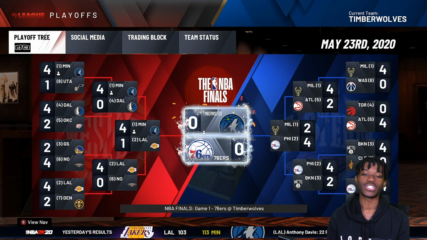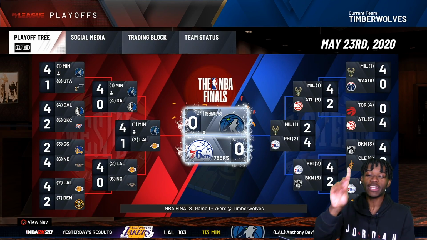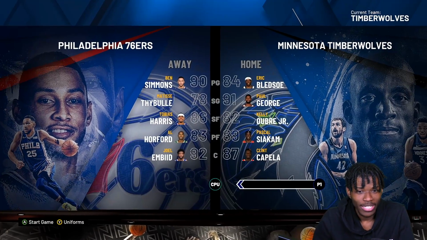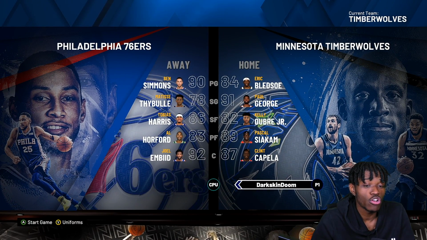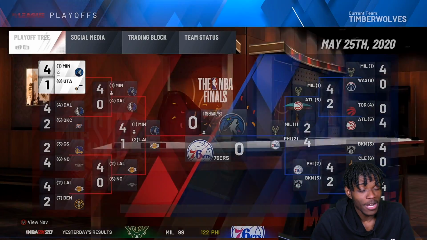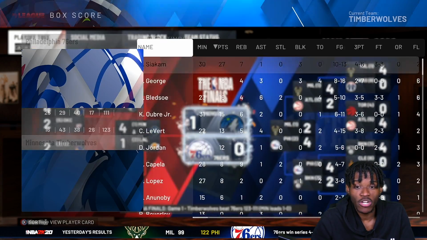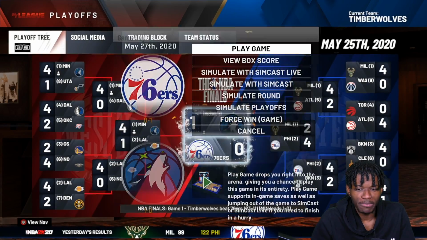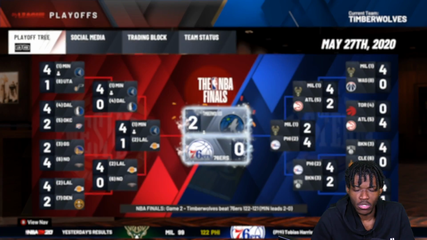And we're headed to the championship to go against the number 1 defensive team in the league. All right, here we go. Did they make any changes? They made Matisse Thybulle their starting shooting guard over Josh Richardson. But other than that, it is the exact same thing. Game 1 is a win. And we put up some decent numbers. Let's go, team.